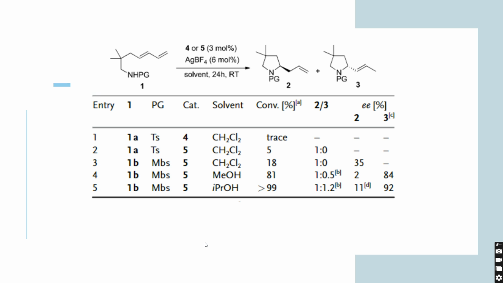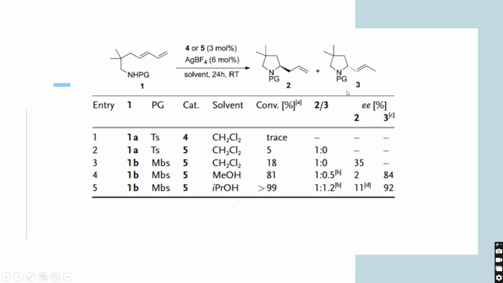Let us move to the next question now. Again, if you see, we are starting with an acyclic molecule where a protected amine is present, and here you see that 4 or 5 is given. This is nothing but a gold catalyst. Okay, 4 and 5 is just gold catalyst in presence of silver tetrafluoroborate additive, and again we are going to